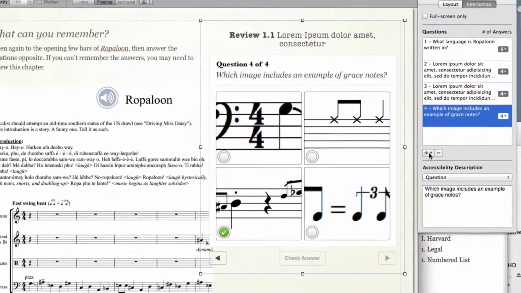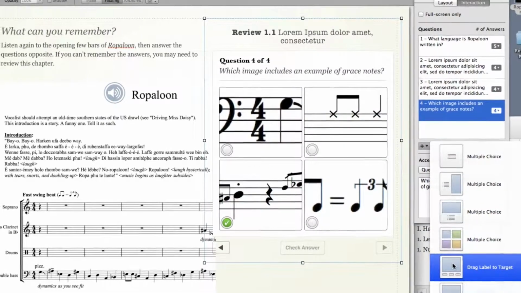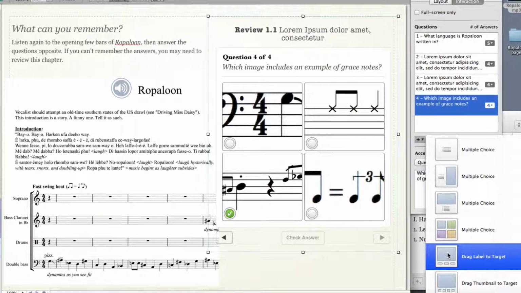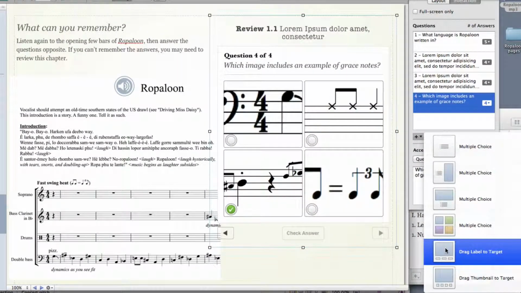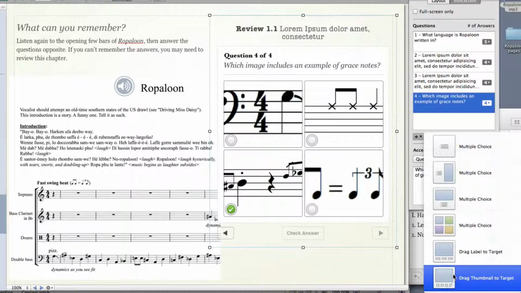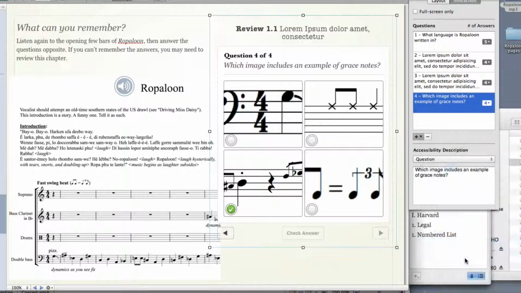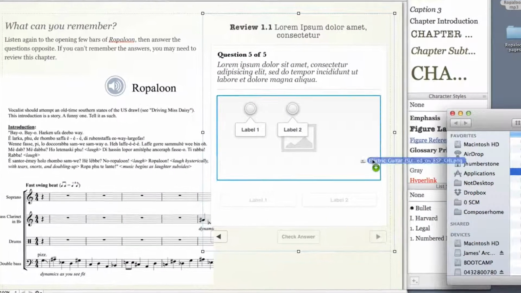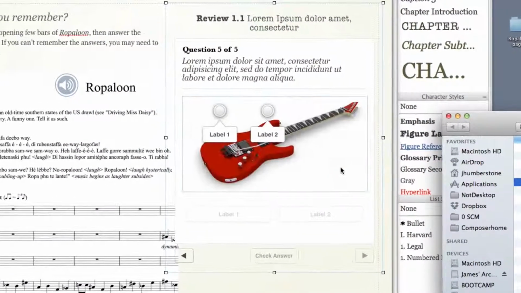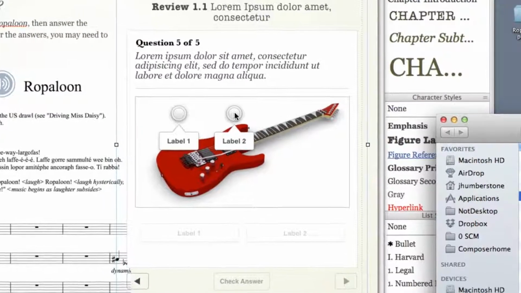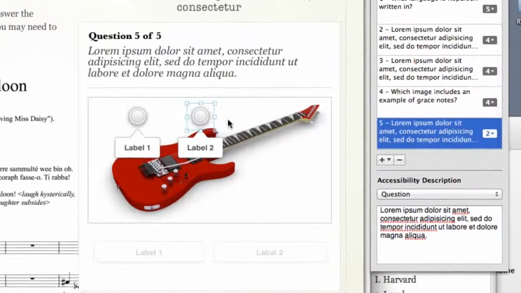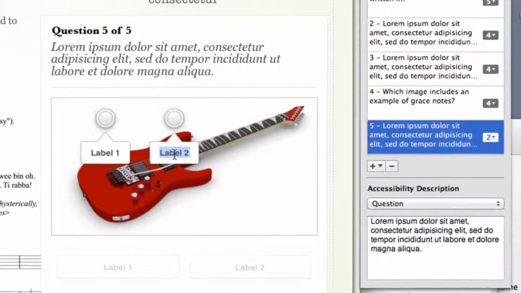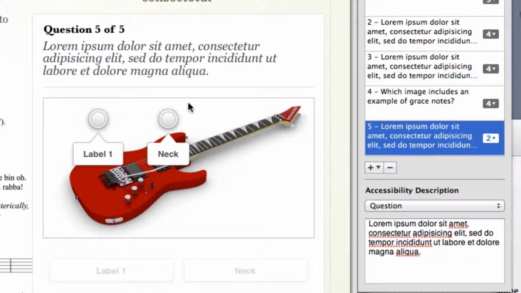Last but not least, we've got two more options here. You'll see they're both called drag label to target, and the drag label to target buttons, in this case thumbnail and in this case label, they allow you to get students to identify things in pictures. So again, maybe I'll just grab the electric guitar picture and I'll say put this on the neck of the guitar and we'll label it neck,